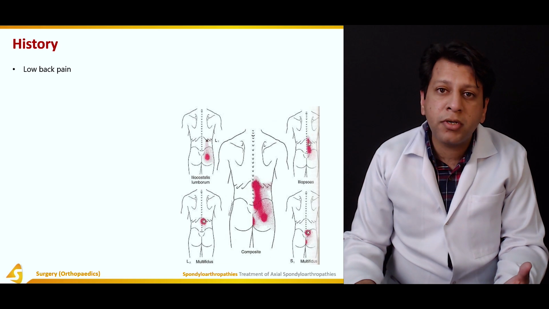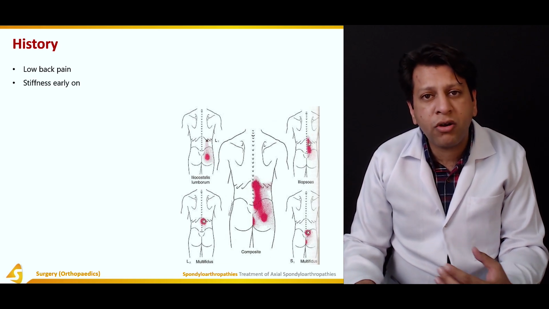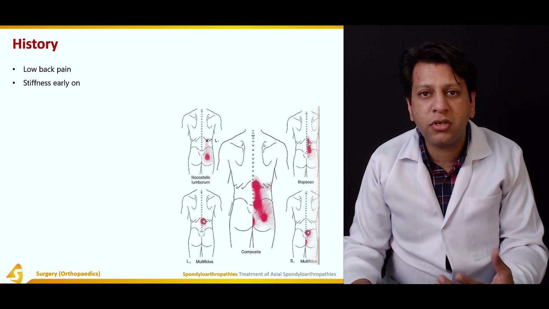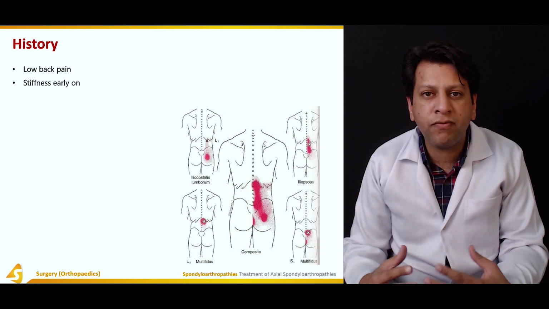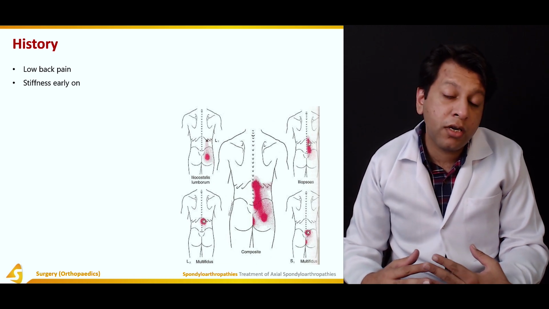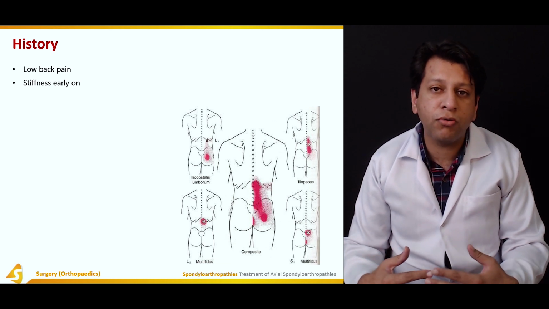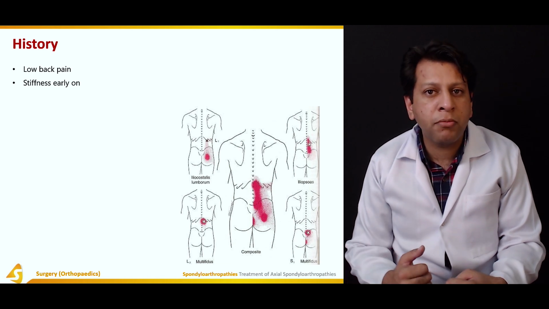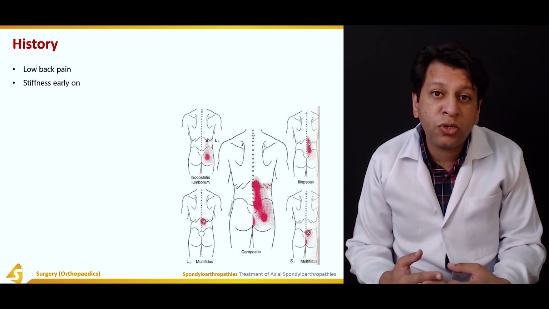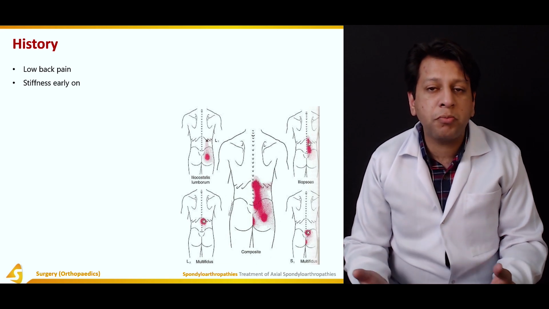Patient's most common symptom would be the low back pain, stiffness, which is usually early on. Later on, once the patient gets used to this kind of stiffness, they modulate their activity in such a way that stiffness is not the main complaint. But if you dig out the history in detail, you usually realize that they do not pick up things when they fall down. They ask somebody else to pick it up. Why? When you ask them in detail, usually the reason is that they cannot bend their back forward, especially